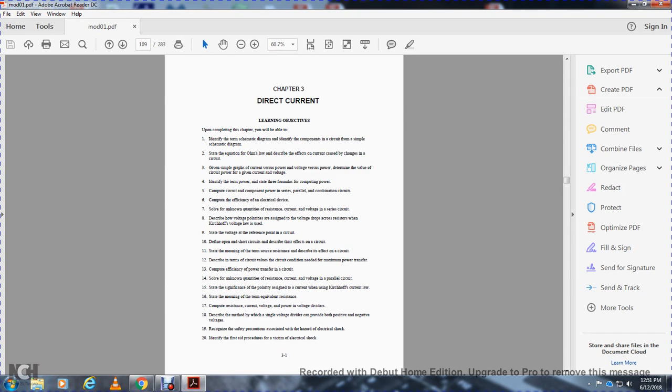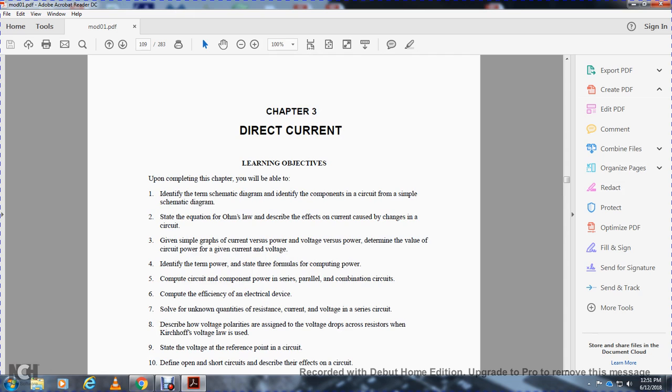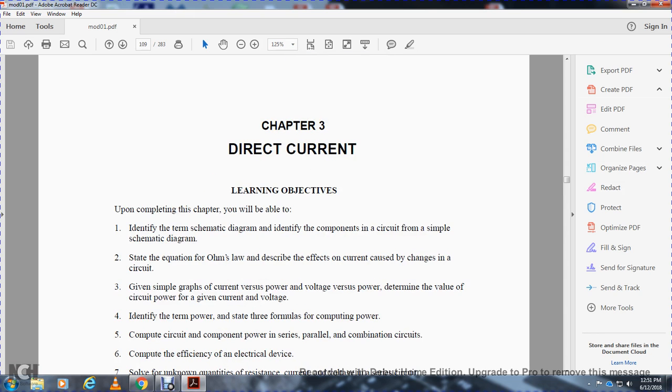Alright, Chapter 3: Direct Current. Our learning objectives: upon completing this chapter, you will be able to identify the terms of the schematic diagram, identify the components in a circuit with a simple schematic diagram, state the equation of Ohm's law, describe the effects on the current caused by a change in the circuit, give the simple graph of the current versus the voltage, power versus voltage, determine the value of the circuit power with the given current and voltage, identify the term